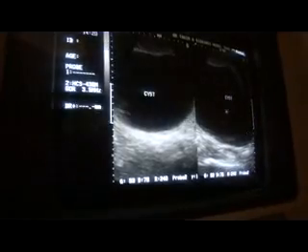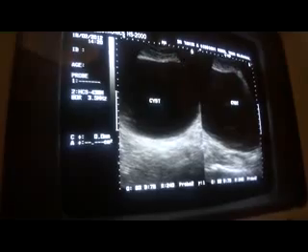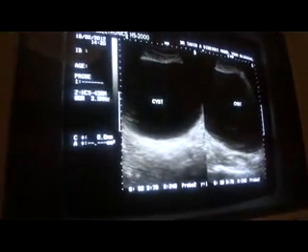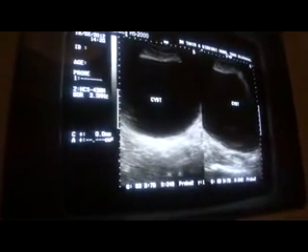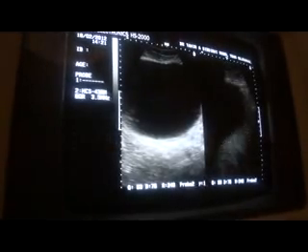So a margin should be kept. This is the outer wall. You can see the posterior wall is strong, or the acoustic enhancement behind the cyst. So this is a case study of a